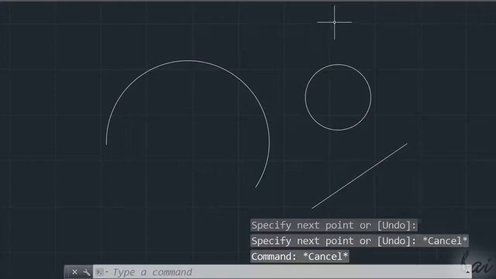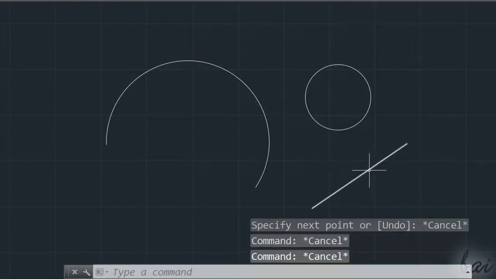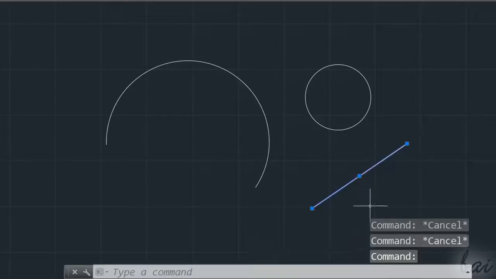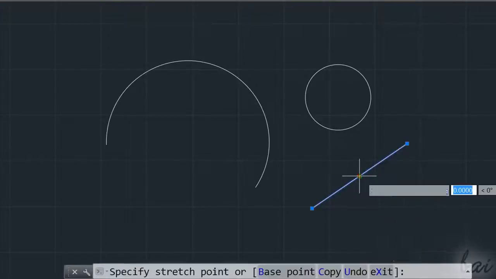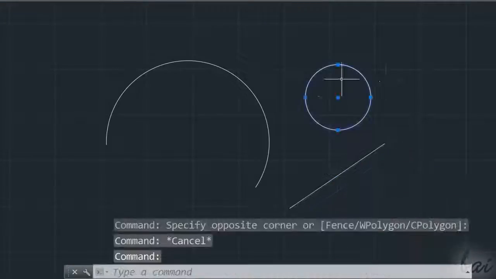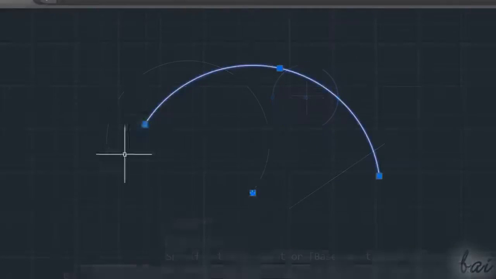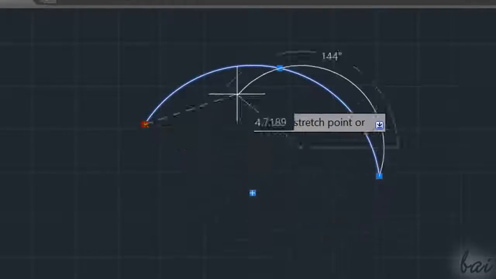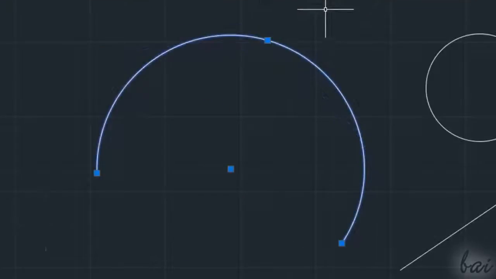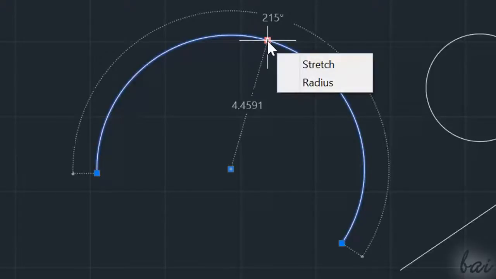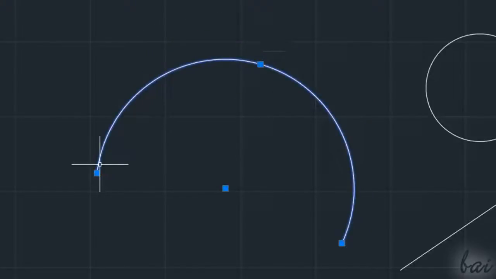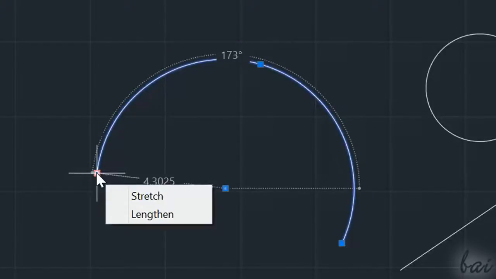When an object is selected, you can also edit it through its own blue nodes. For example, you can use the central node inside lines, circles, and arcs to move them around your workspace. Use the other nodes to edit length or shape. Plus, if you hover on those, you can check measurements related to radius, length, and any angle of the selected object. There is also a dialog box with options that change depending on the node and on the kind of